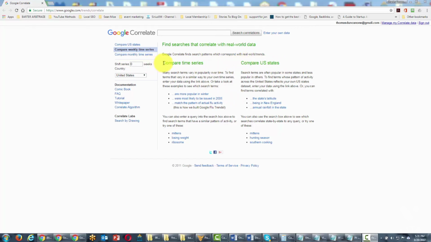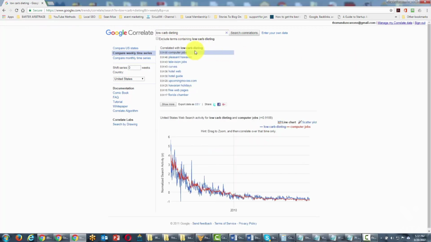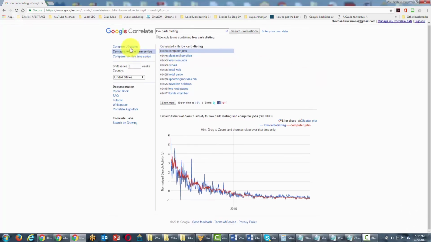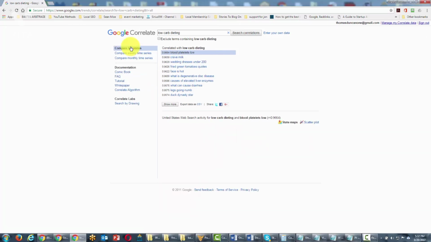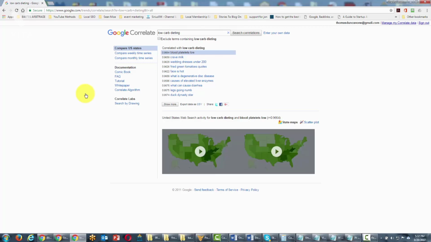So for example, if we were to look at our term, low carb dieting, we'll be able to look at which search terms ran parallel in terms of its popularity also close to low carb dieting. We can also look at it not only over time, but we can also look at it geographically. So we can look at which terms actually ran together with low carb dieting and which states those terms were most popular. So again, this is another view of our search term, and it's a way of being able to look at how popular a term is relative to other things in a